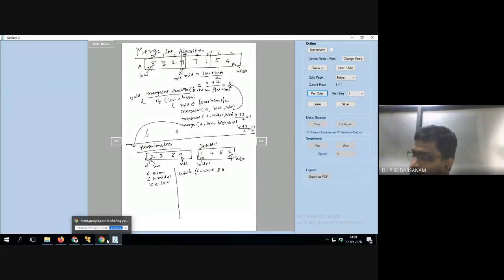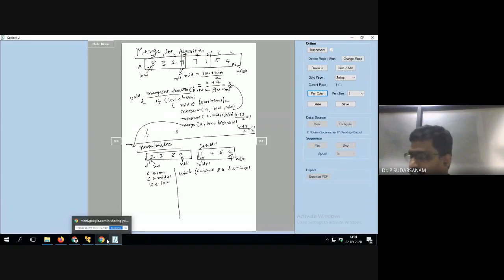Now the j value can be moved up to the last location. The j value I can increment one by one up to high, so that is nothing but j is less than or equal to high. No need to memorize the code, I am telling you. No need to memorize the program. I will show you the same code; when you copy it, as I'm writing the code, you see whether any extra steps are available or not.